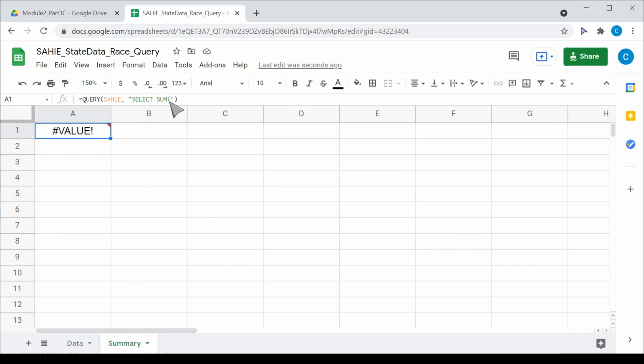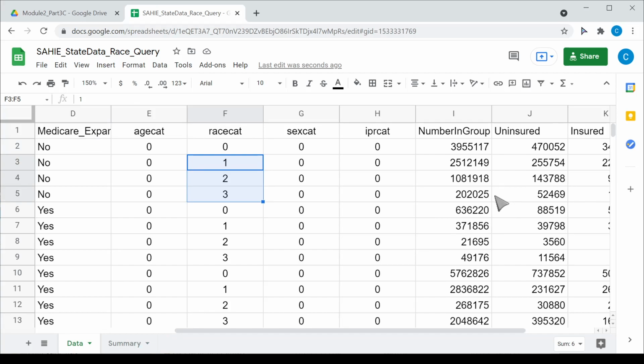Okay, so let's go back. Sum J divided by sum I. See if this works, and it does indeed. This is going to be, what is that, 10.5%? So the 10.5% is the percent uninsured across everything, so across all of the records here. Now that's not what I wanted. I wanted to do this across the different race categories. Okay,